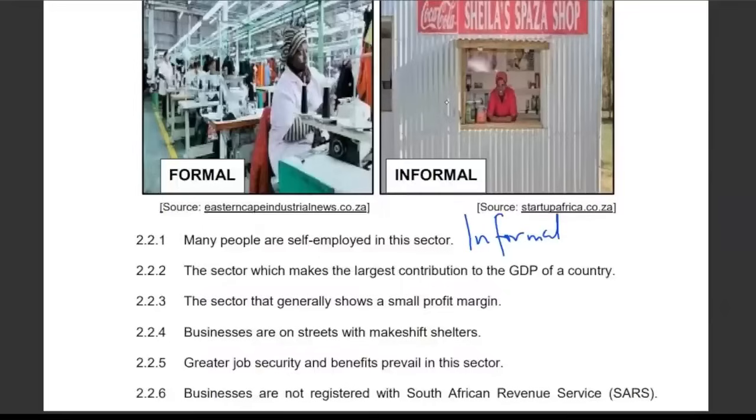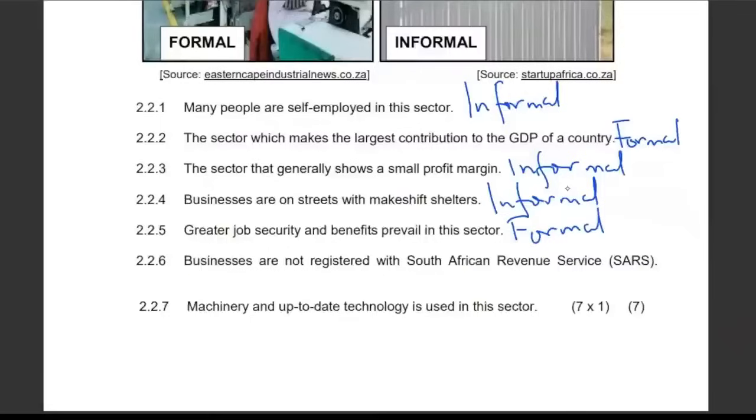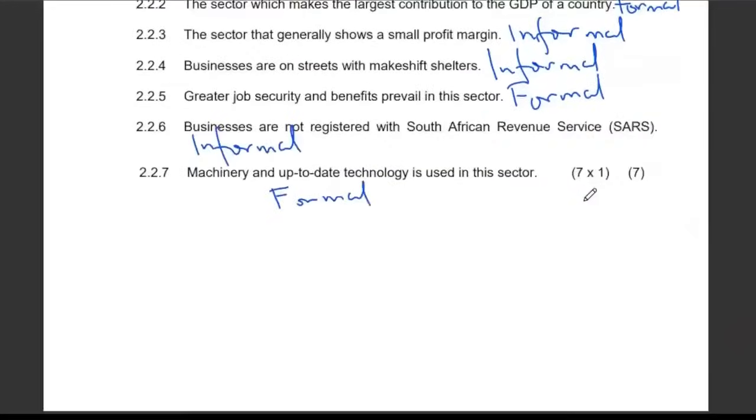The sector which makes the largest contribution to the GDP of a country is formal, the registered businesses. The next one is saying the sector that generally shows a small profit margin. A small profit margin is realized in the informal. Businesses on streets with makeshift shelters are informal. Greater job security and benefits prevail in the formal sector. Businesses not registered with the South African Revenue Service, like we mentioned, are informal. Then the last one, machinery and up-to-date technology is used in this sector. We can only get that in the formal sector. Right, that is number 2.2. We move on to number